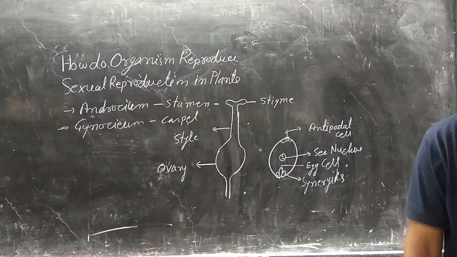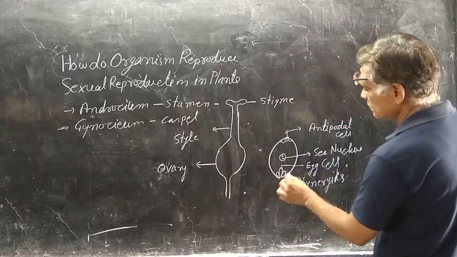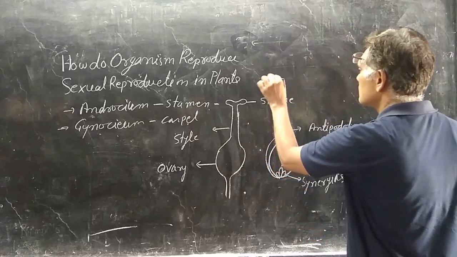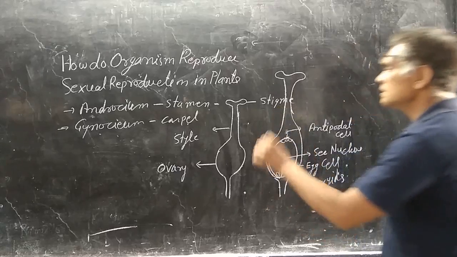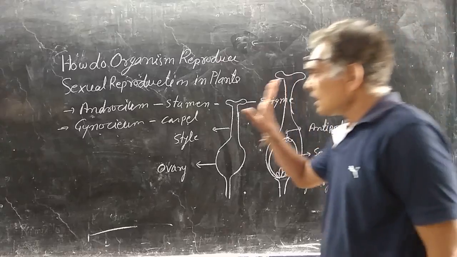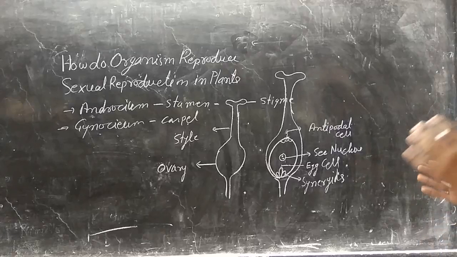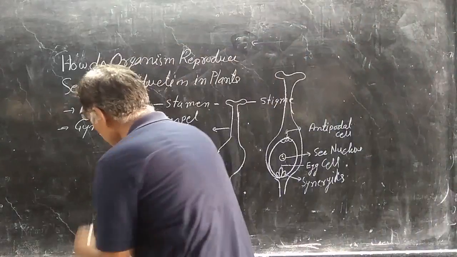This is the ovule which is present inside the ovary. Means inside the ovary such type of ovule is there. If I draw the ovary here, this is the ovary, and that contains 7 cells and 8 nuclei. After development of pollen grain, that pollen will be transferred to the female part with the help of pollination.